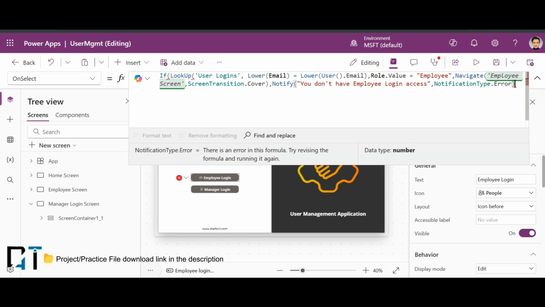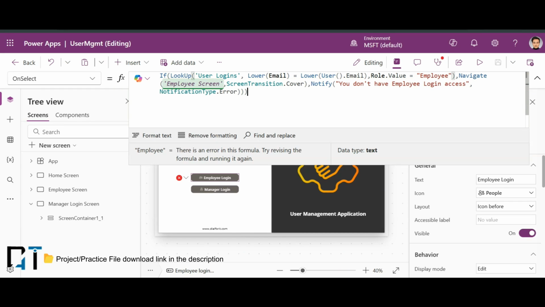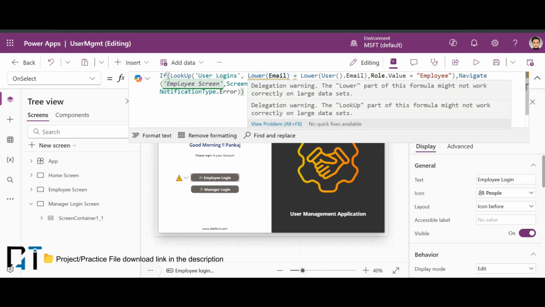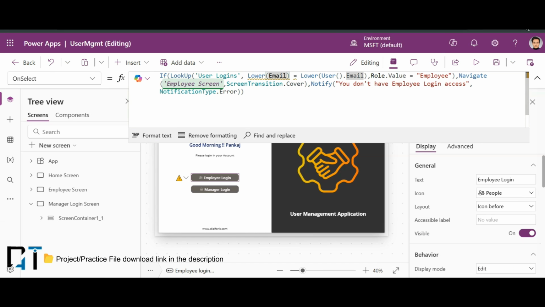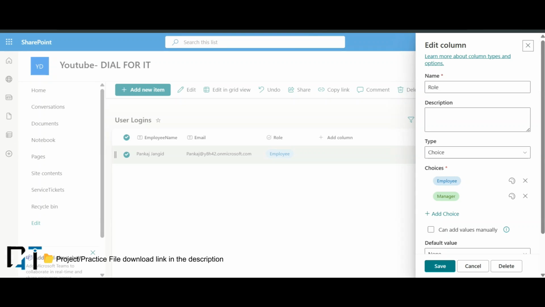Okay, I need to close it and close it again. Okay, so now I have